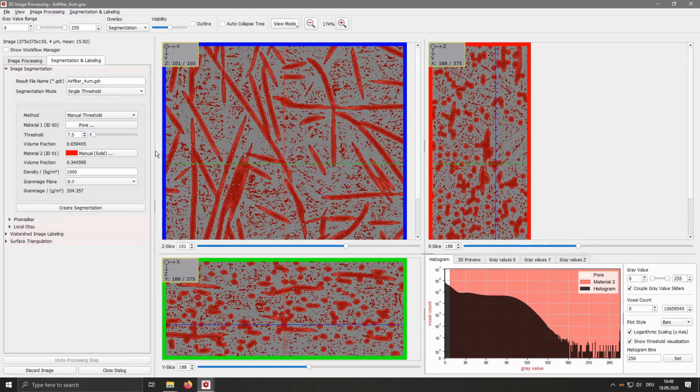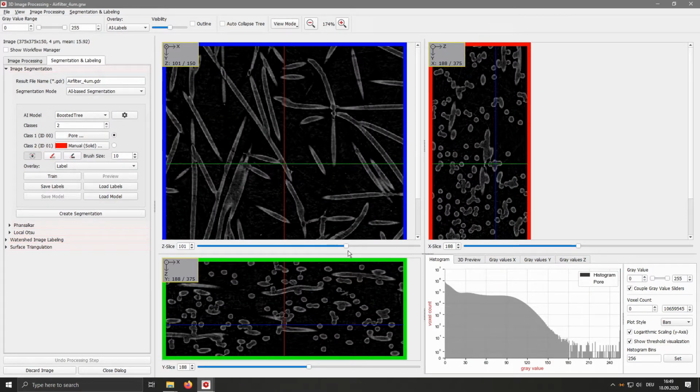Now there's the option to go into a lot of image processing and try to get rid of the noise in the pore space and still have contrast to the interior of the fibers. But that's a lot of work to get right without messing with your fibers too much. So what we will be doing is using the new AI-based trainable segmentation. In the image processing, in the segmentation and labeling tab, open the image segmentation subtree and go into AI-based segmentation.